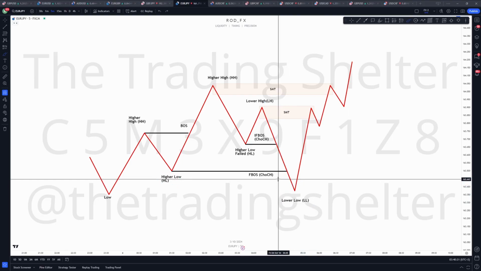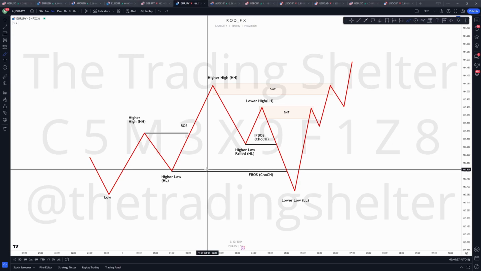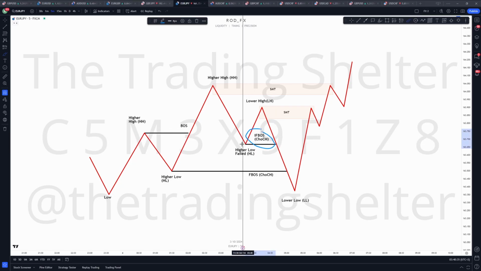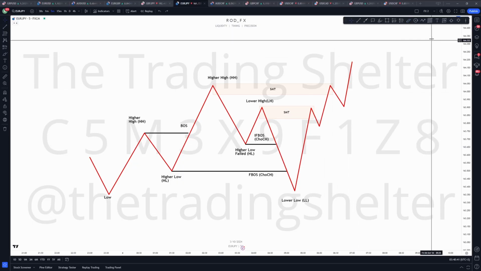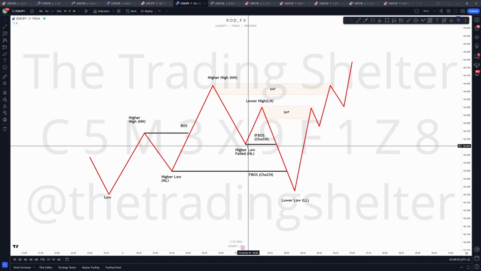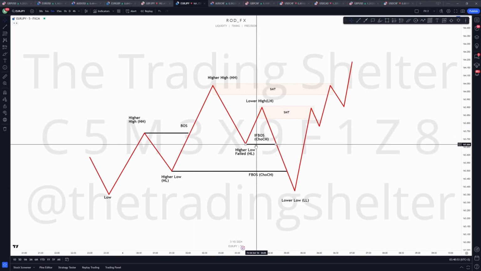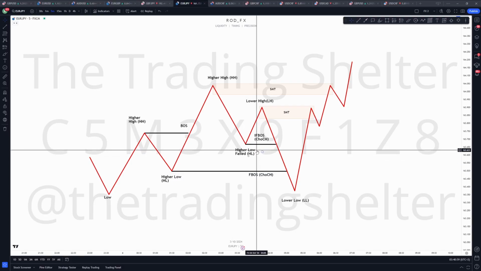And price finally makes a lower low. We decided, me and the team, to change the names because we had too much confusion. So you know how we used to just say false break of structure? Now we're going to have something that we call internal break. So FBOS means internal break of structure. Basically the purpose of both of them is the same thing. It's just that one is more refined than the other one.